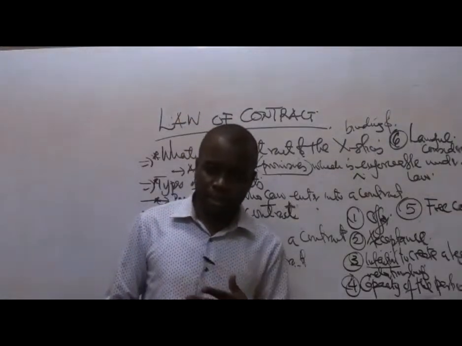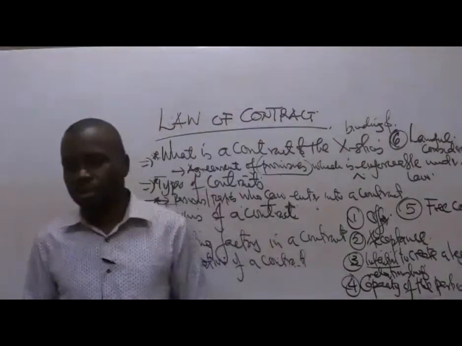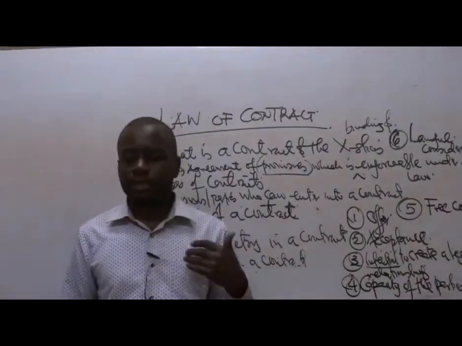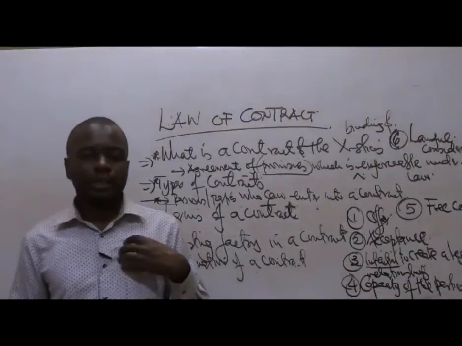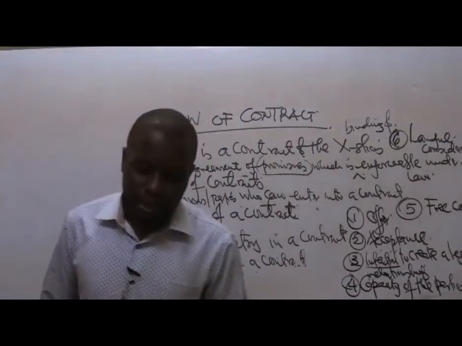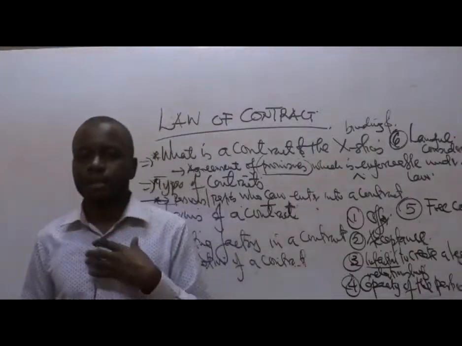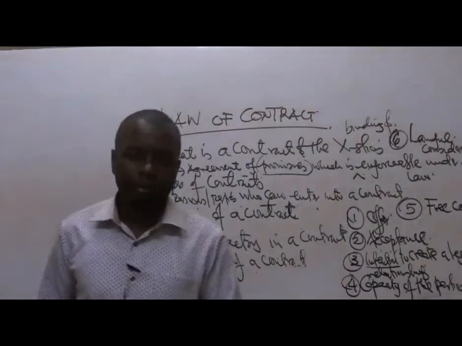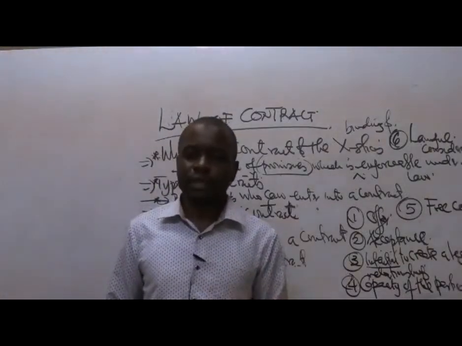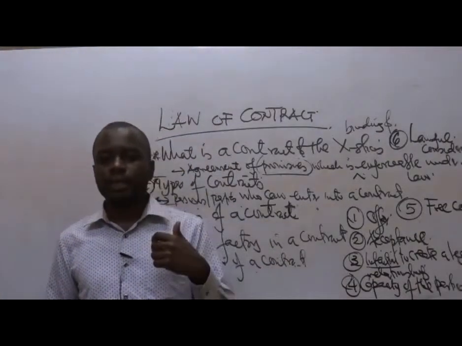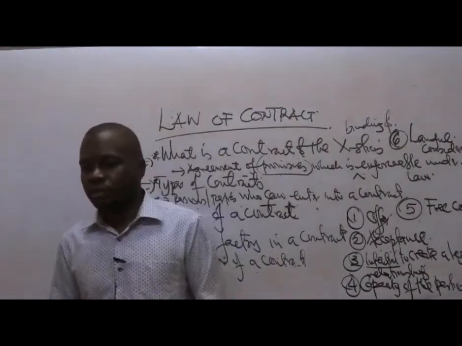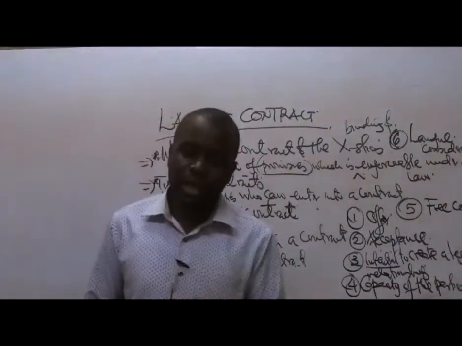Then there should be a consideration. You're not just coming to RCM for nothing. There's something that RCM is offering. They're offering tuition via live Zoom classes. That is the consideration being offered by this other party we are calling RCM. What about you as a student? Basically, there's something you are giving in. You are giving in a consideration known as the fee. You are paying that 3,500. That is the consideration. So in each and every contract, this element will be present.